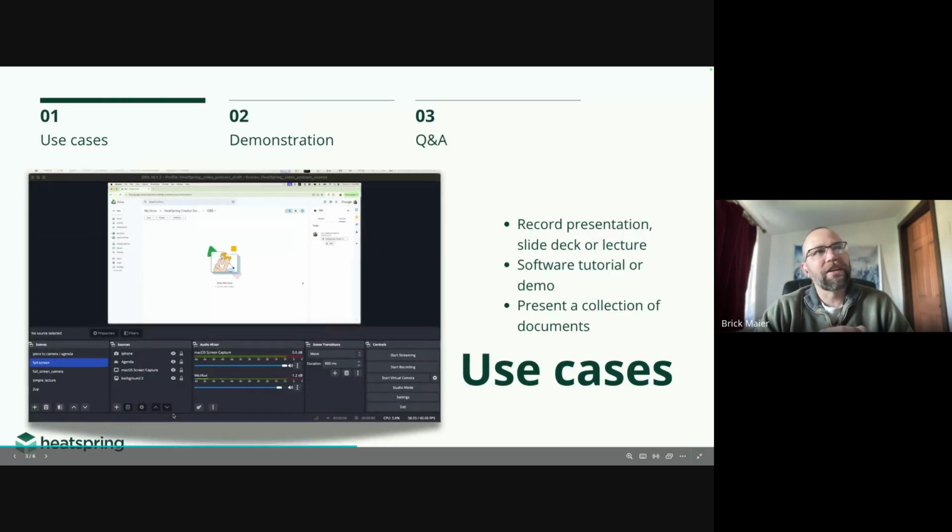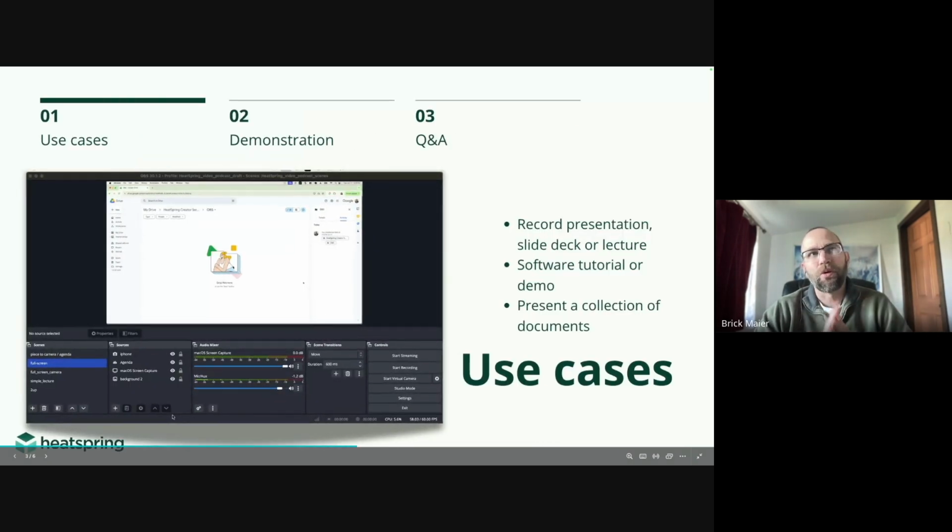OBS, the use case is it gives you the chance to record a presentation, a slide deck, or a lecture. If you are recording software tutorials or showing someone how to use a tool, this is a great way to do that. It's also a way to present a collection of documents. And after I go through the demo, you might think about how you organize your screen and how you